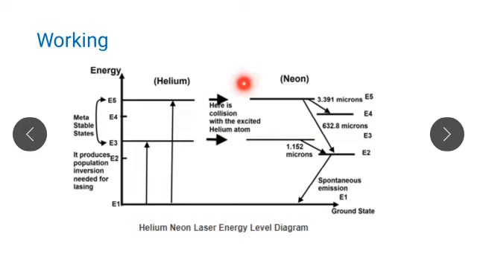You see here, this is the collision of helium and neon atoms, and thus the purpose of helium atoms is to help achieve population inversion, and the actual lasing atoms are neon atoms. The laser transition in neon is from a metastable state at 20.66 electron volt to an excited state at 18.7 electron volt, and this is the laser whose narrow red beam is used to read barcodes. This is the working of the helium neon laser.